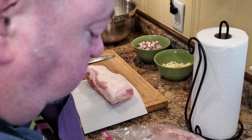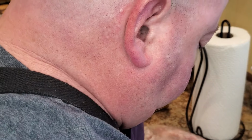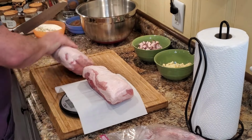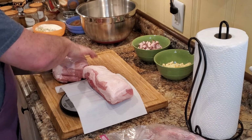You know, we trim that up so that we have some nice even pieces that fit into my containers a little more easily, and also anything that the butcher messed up with little nicks and cuts, we're able to use that. Now obviously that is a much higher fat content than what I would normally want,